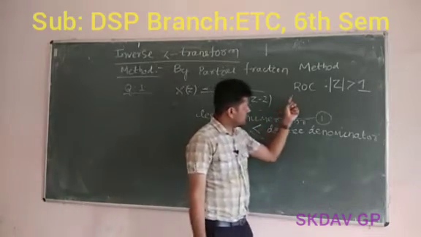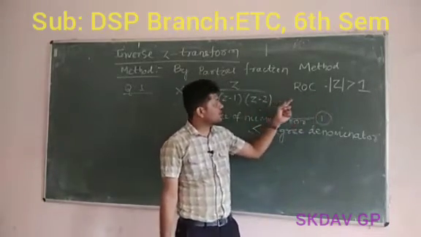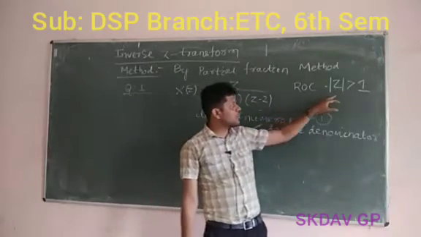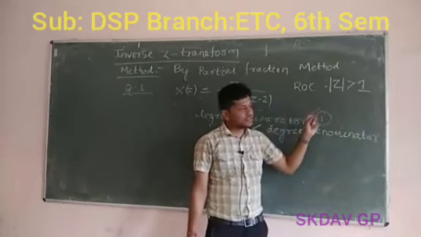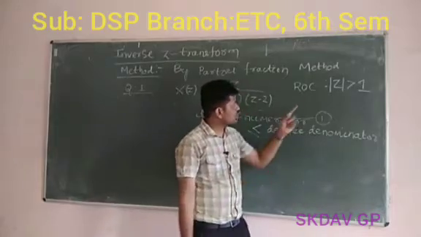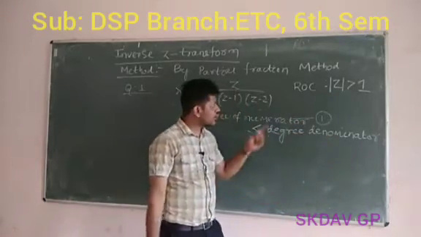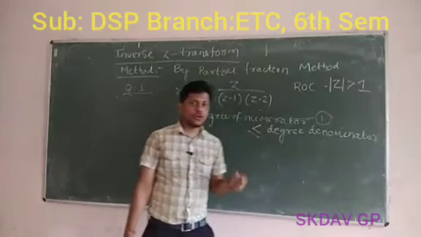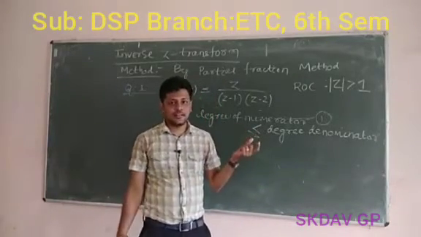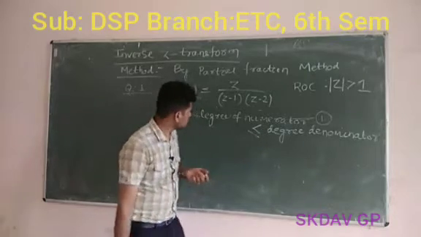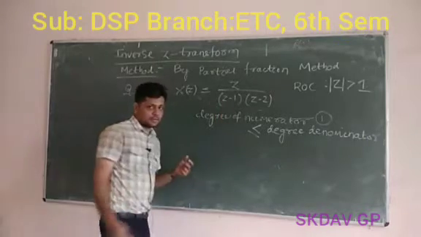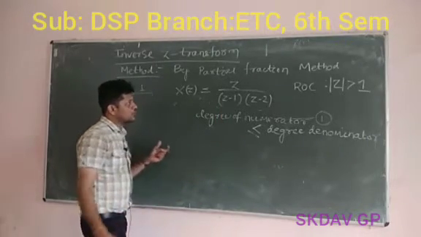And we have to observe that one condition is given, that is the region of convergence. That means magnitude of Z is greater than 1 represents the outer part of the circle having radius 1, that is the signal is right sided. Hence we need to calculate the time domain signal which must be right sided in nature, that is causal. So let's first calculate the partial fraction and then we'll put in the values.